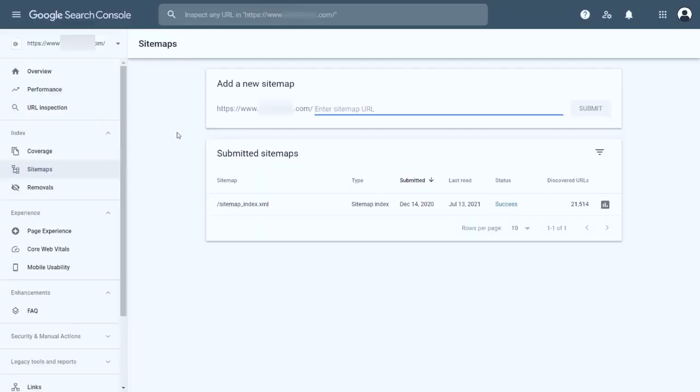So the first option you see in here is to add a new sitemap. Here in this box, I have to paste or type my XML sitemap URL. And as we can see, my website URL is already mentioned over here. So I just need to type the extension of the sitemap URL with .xml at the end. For your Search Console, if your website URL is not showing in the front of the box and the box size is also large, then don't panic. It is very normal and it's due to the difference in property type. This means that you must be using a domain property. The website URL which was showing in my case was because I am using a URL prefix property.